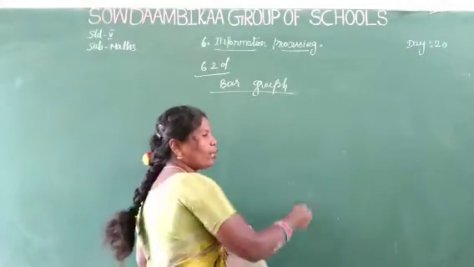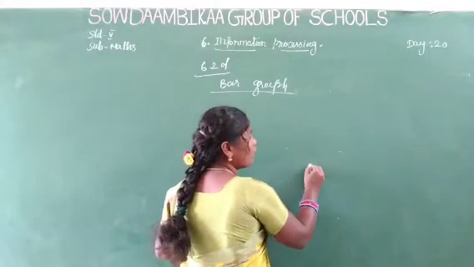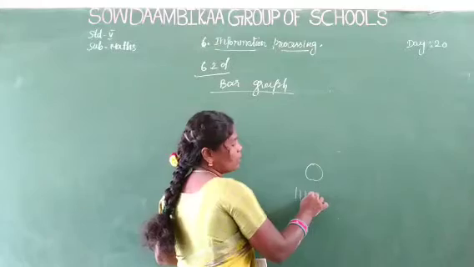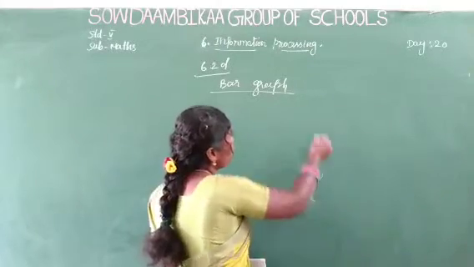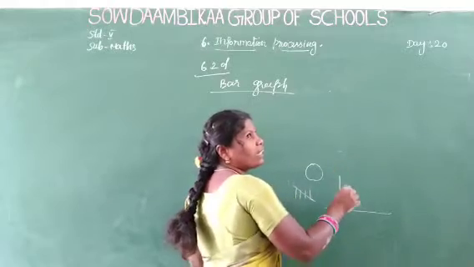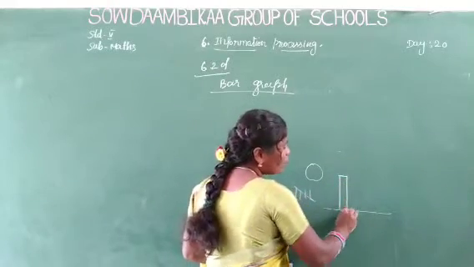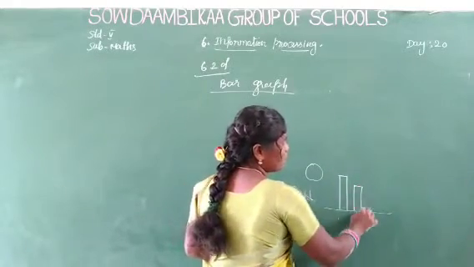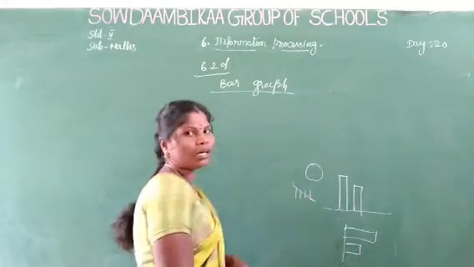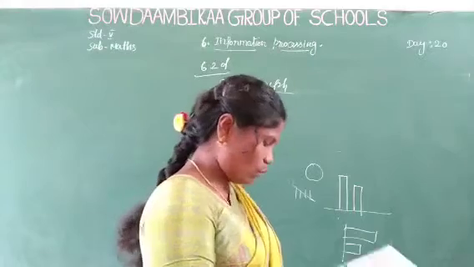First one, see the pictograph. A pictograph shows the data in pictures. Next one, tally marks show the numbers in tally marks. Next one, bar graph means you say the answer from the collection of data in a bar graph. This is horizontal or vertical. This is a bar graph. Now see one question.